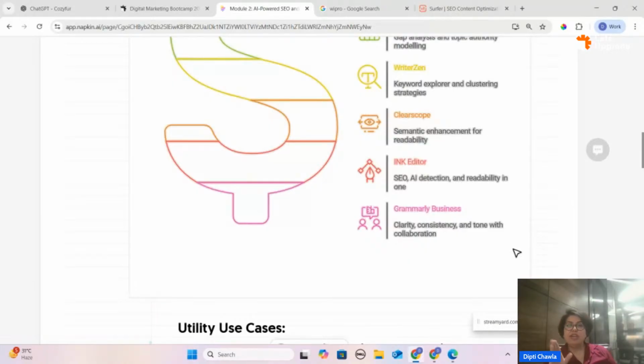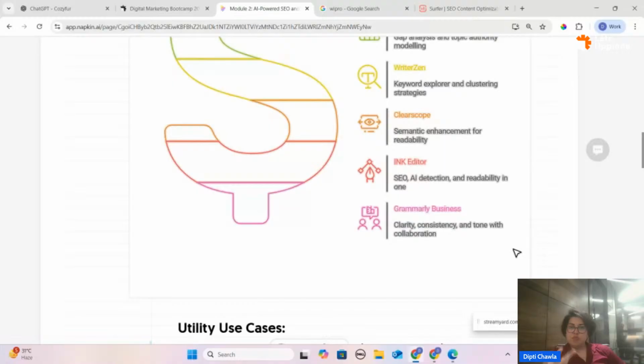If you have created some content using AI, are you sure that content is not copied and is authentic? How will you check that? I use Copyscape, plagiarism check. You can note it down.